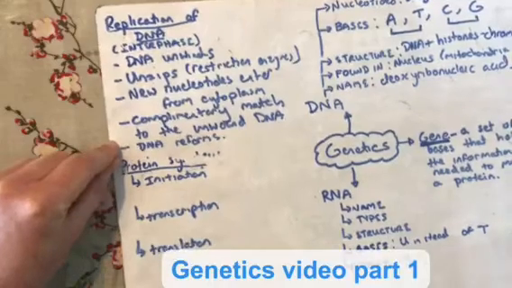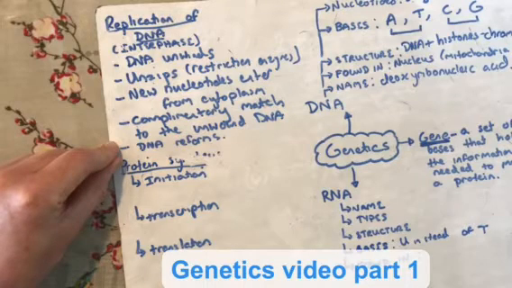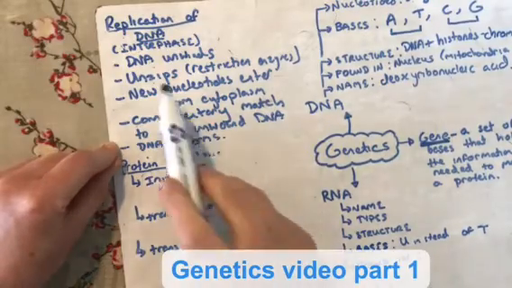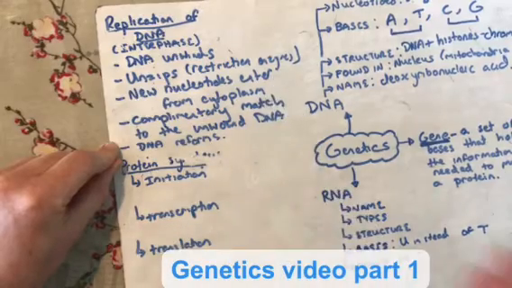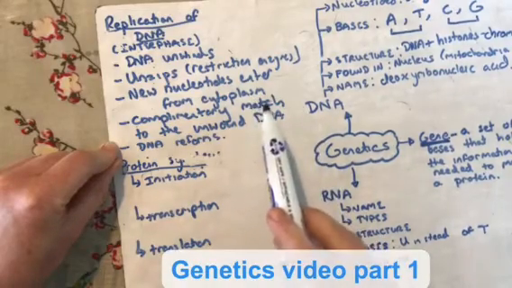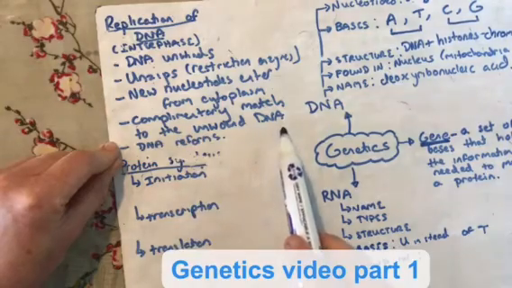So this is really important, girls, to make sure that the amount of DNA in our cell doesn't change during cell division, because obviously we want to maintain that, because it's what determines what species we are. So hopefully that's clear. So DNA unwinds, it unzips by restriction enzyme, so that breaks all of the base pair hydrogen bonds, okay? New nucleotides enter from the cytoplasm, complementary match to the unwound DNA, so you end up getting